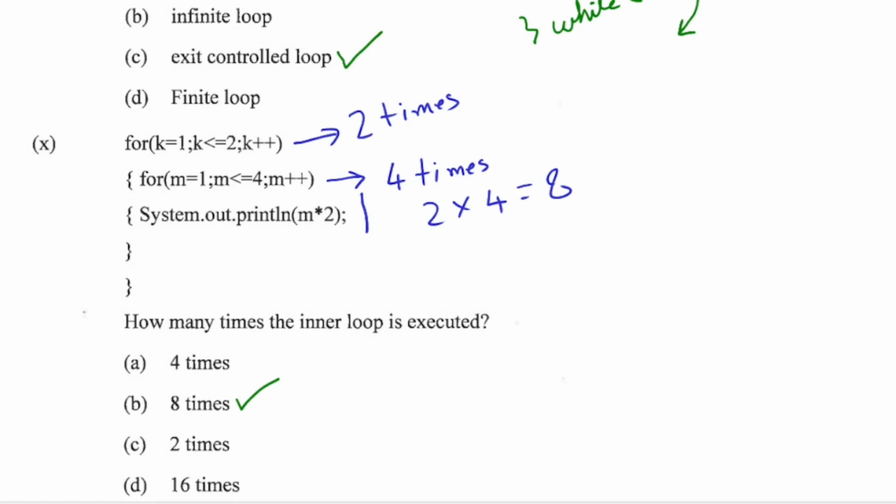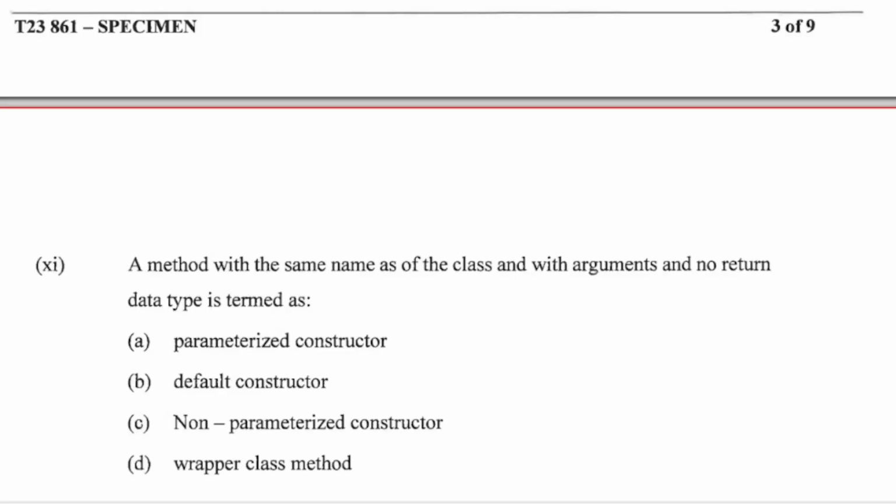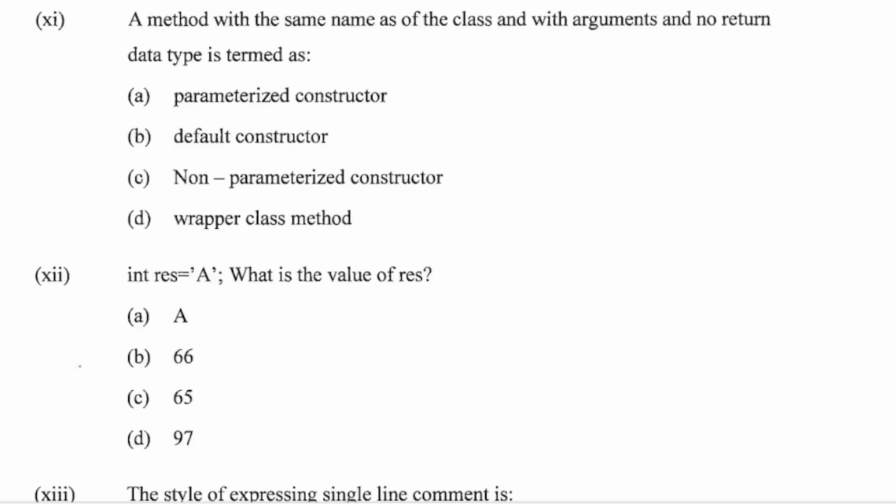And hence the correct answer is B, 8 times. Let's move on to the next question, that is question number 11. Question number 11 is: a method with the same name as that of the class and with arguments and no return data type is termed as, and the options are A, parameterized constructor, B, default constructor, C, non-parameterized constructor, and